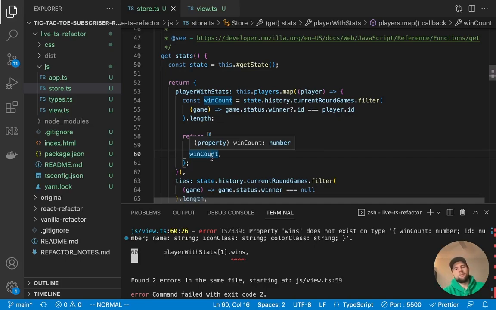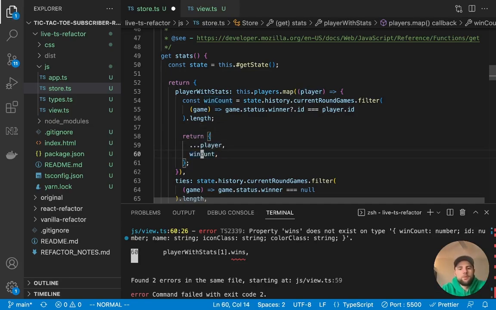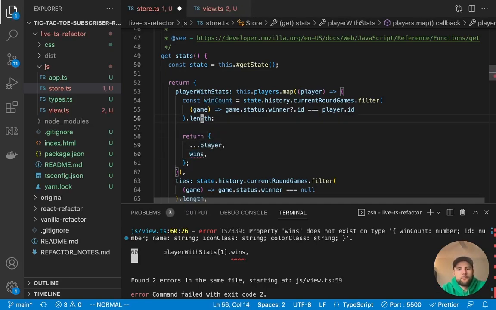So that's kind of the benefit of TypeScript: you get that proactive checking of your code and you find out about errors a lot sooner. So rather than pushing a bunch of code up to GitHub and deploying it and finding out that something's broken in your app, it just does not get deployed correctly and it doesn't build correctly if it's not correct code. So that's kind of the appeal of TypeScript. I'm going to put this back to wins now.